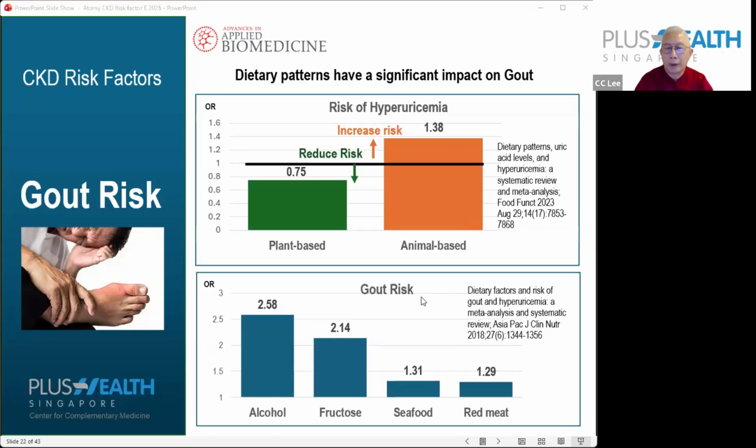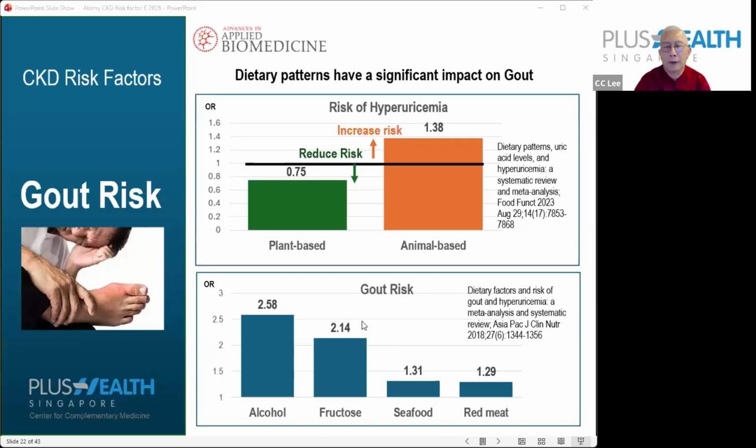Very often when we look at gout, we talk about food that we have to control that contribute to the uric acid itself. Now here you can see a chart showing various food that increase the gout risk. Red meat, right? Seafood, we all know. I think most of us, if you have gout, people will tell you to avoid seafood, try to cut down on red meat. But the reality is that fructose and alcohol are actually much higher risk factors than eating seafood and